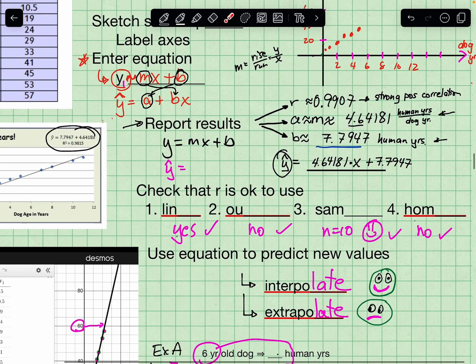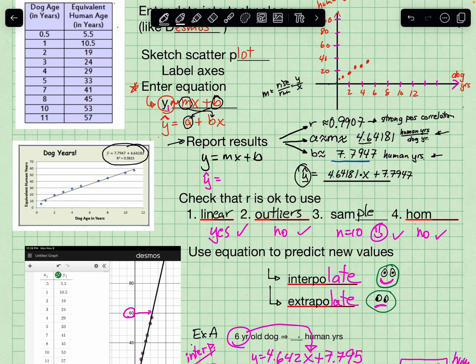All right. Remember that before we can use the R value and say this is good, we need to check things. Is my data linear? Yes. Are there outliers? No. Is my sample size large? We have about 10, so it's not bad. It's not the best sample size. We should have more. And is it homogeneous? The question is these two, even though they're both years, one refers to dog and one refers to human,